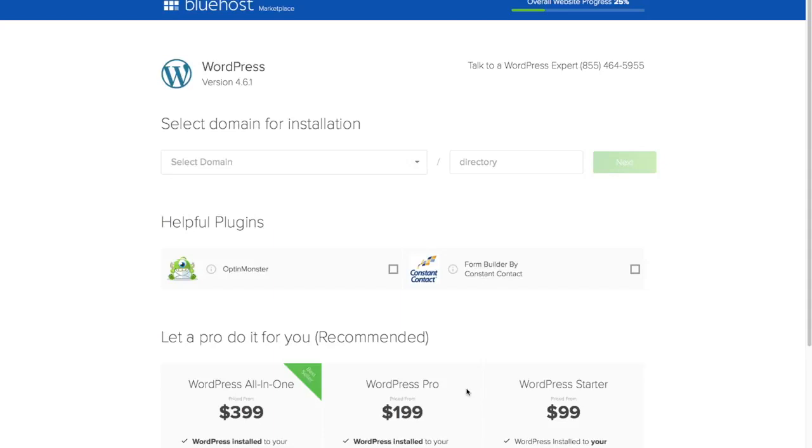Now, if you just signed up for Bluehost and you're eager to get started on your website, just know that it might take some time for your domain name to fully propagate across the internet, basically to fully get set up. So if you're eager to just get started right now,